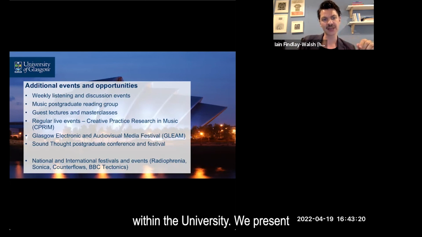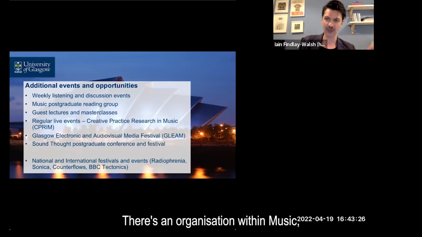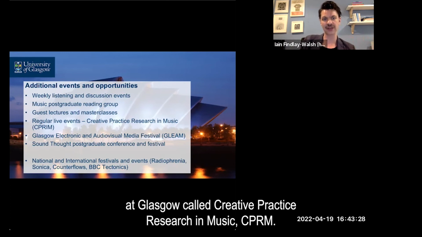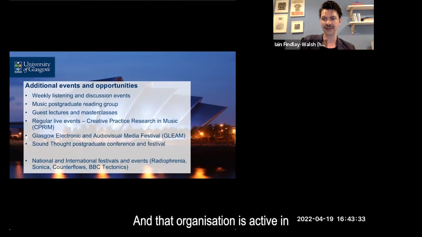Within the university, we present regular live music events. There's an organisation within music at Glasgow called Creative Practice Research in Music, CPRIM, and that organisation is active in putting on gigs, concerts, festivals, things like that.